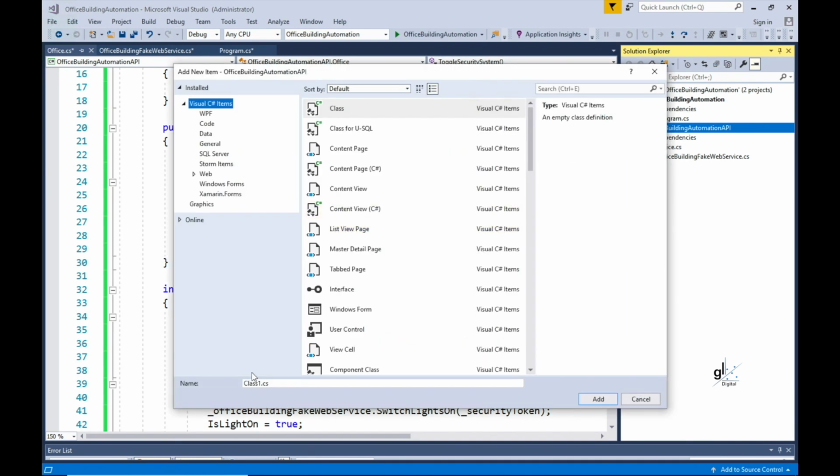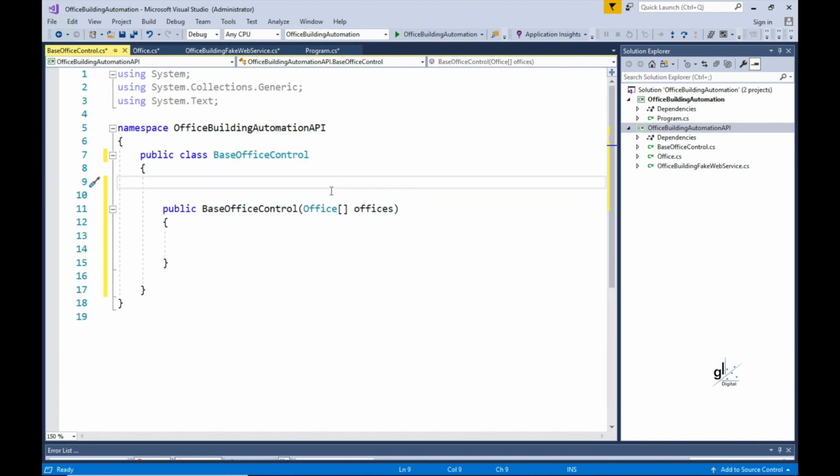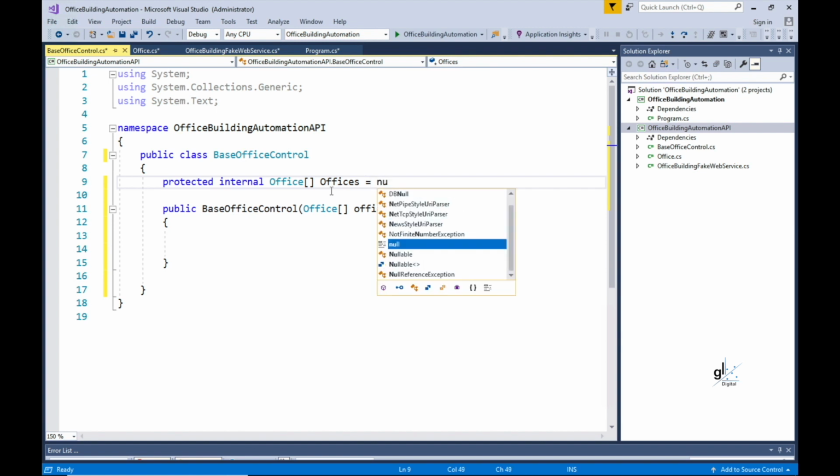So let's first create a base class for our remote office control functionality. Let's create a class named Base Office Control. Let's first create a variable that will hold an array of Office objects. Notice the access modifier combination of protected internal has been used to constrain the access level for this variable. Protected internal means that this variable will be accessible to classes that inherit from the base office control class,